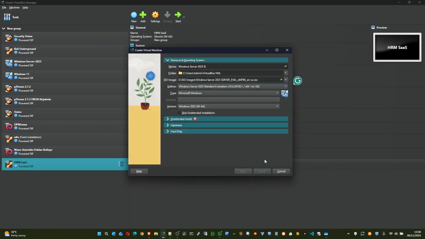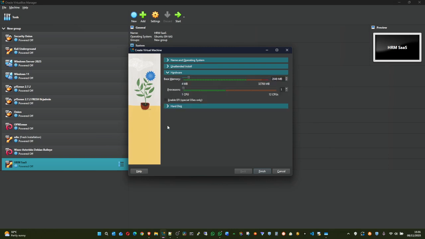I click Open and you will see Skip Unattended Installation. I will click here to skip it, because I don't want it to do the installation automatically. Next thing is, yours might not be showing the accordion version like this. Maybe yours is showing Next. After you do this, I'll ask you to click Next. Otherwise, we'll click this accordion down here.